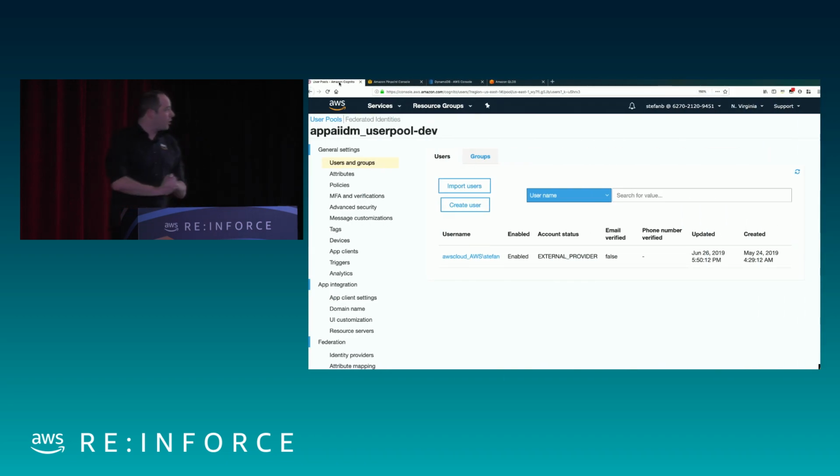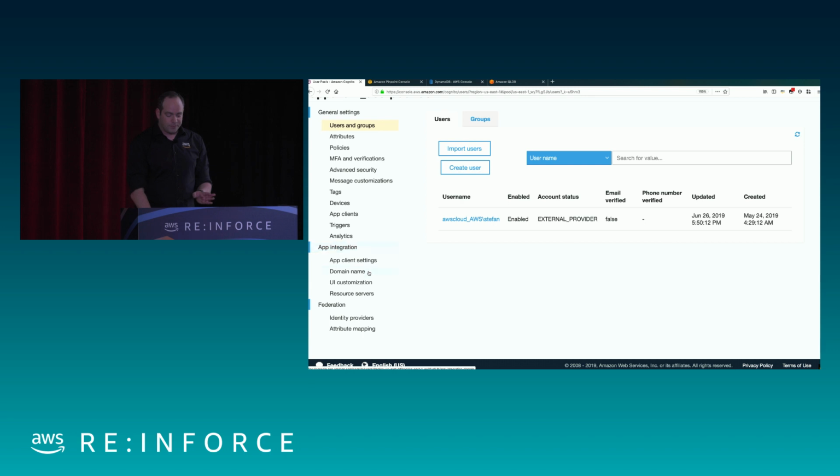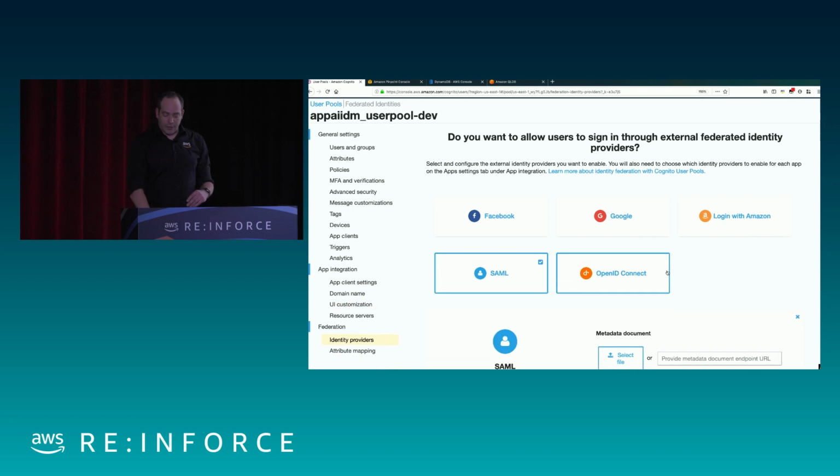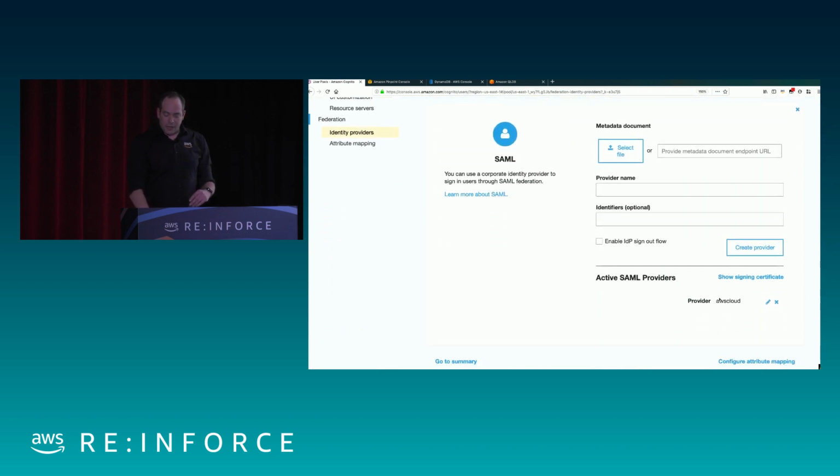So first thing we start off with is Cognito. As I mentioned, from a Cognito point of view, we want to make sure that we have our device token, and that we actually have an account that we're authenticated with. Here we're using our users and groups to hold both our device token as well as our user account. Near the bottom, we also have our identity providers, and that's how we're authenticating with our corporate organization. So we have a SAML provider here, and inside of the SAML provider, we have our ADFS environment. Here I've just called that AWS Cloud, but ultimately that could be any number of things in terms of your